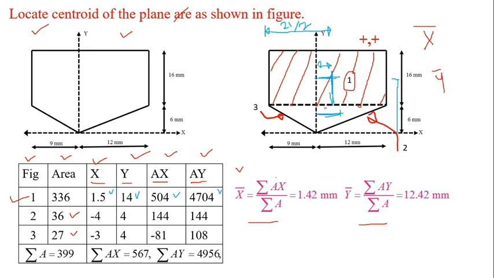Now this distance, from the table, is equal to 1 by 3, because we are measuring it from the side, 1 by 3 into the parallel dimension. The dimension parallel to this distance is 12. So 1 by 3 into 12 is 4. So here it should be plus 4. And y. Y is this distance. This is y for figure number 2.